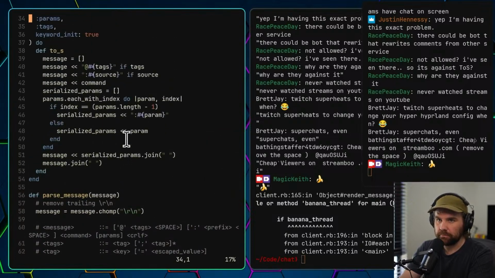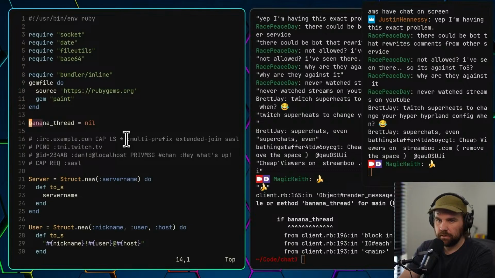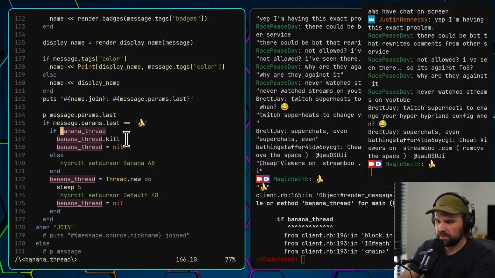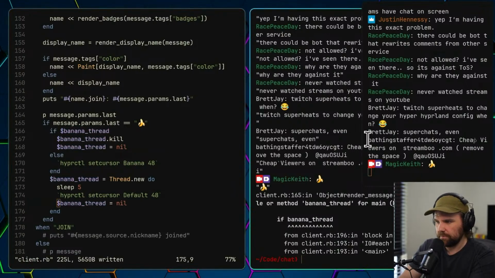That probably wouldn't help. Actually, just use a global. Let's just be a bit naughty. So in Ruby, I don't know if this is good practice or not, but using a $ sign just denotes that this is a global variable. So let's do this. That's probably a bit nicer. All right, let's try this again.